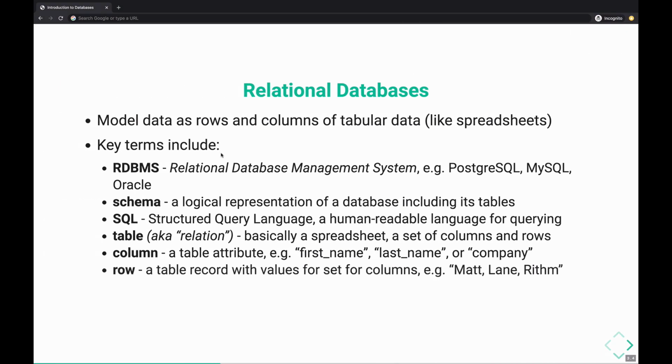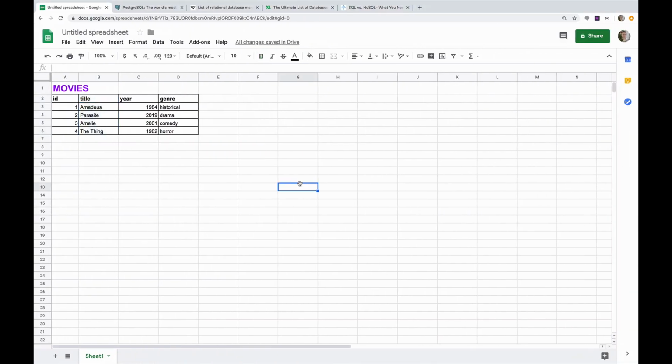And then we have rows. So rows represent a single record in one of these tables. So it has values for each column unless we make these columns optional. But for example, the thing right here, this last row, that is a row. It has an ID, a title, a year, and a genre. Here's another one, Amadeus, great film. I know I've already said that a couple times in this course, great film. Definitely recommend watching it. It has an ID, a title, a year, and a genre. So we've got the entire table, then we have columns like genre or year, and then we have rows like this row here, row 3 on my spreadsheet, row 1 in the table itself.